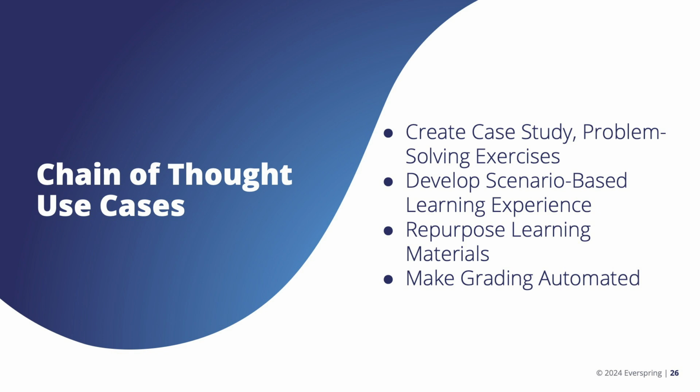By providing the AI with the assignment instructions and the rubric, you can allow it to offer initial feedback or suggest a grade that aligns with the assignment's expectations. This not only saves time for instructors, but also ensures that feedback is consistent and aligned with the learning objectives. Remember, chain of thought allows you to structure your prompts effectively, but it is your expertise that ensures the AI responses are relevant and valuable.